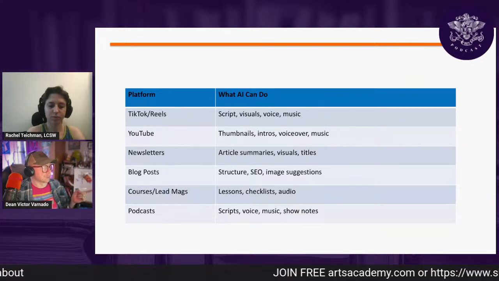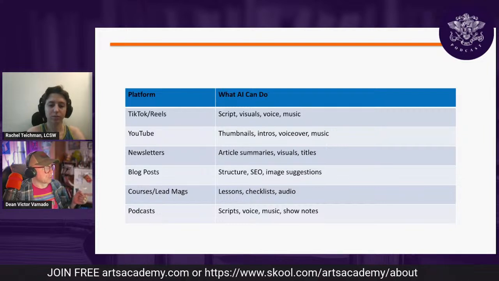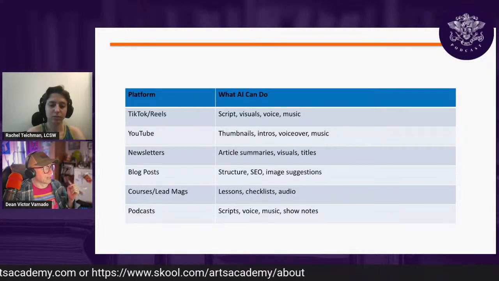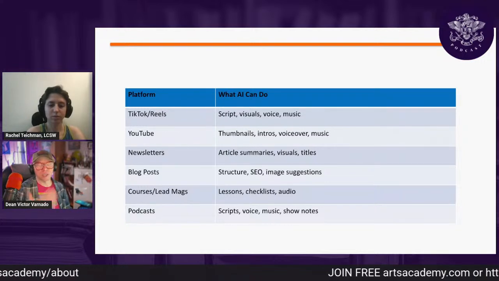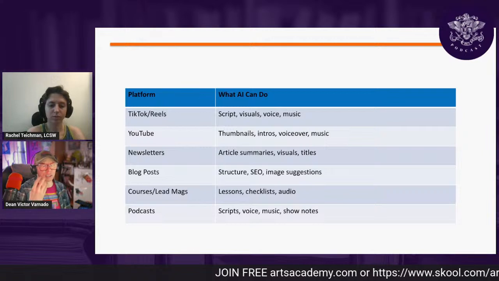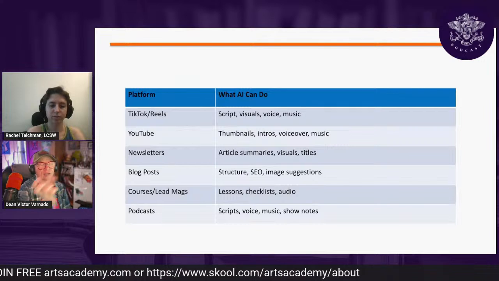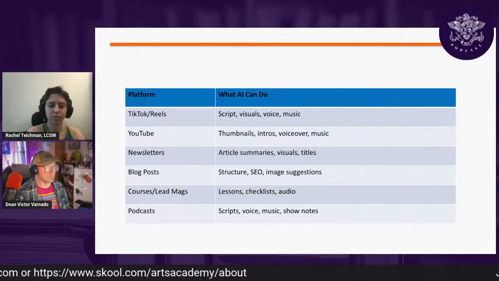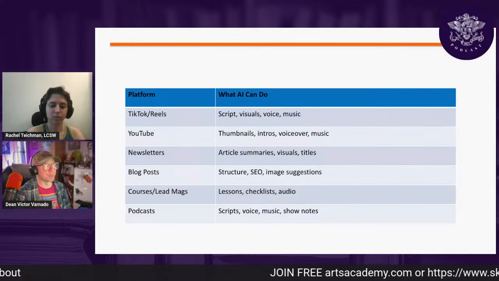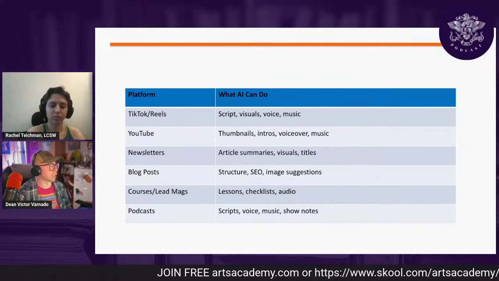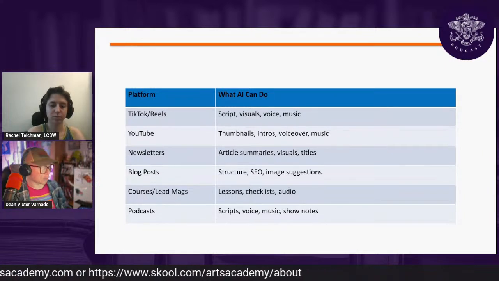I use it to help me write intros a lot. For my newsletter, I use it to co-write the newsletter. I use AI to research the newsletter. I definitely use it for blog posts. One of my favorite things to do is speak to AI like an interviewer and have it interview me, and then take that information and turn it into an article. That's super useful. I use it for courses, webinars. It actually helped me make this entire presentation. And I use it for podcasts, specifically, mostly for editing.